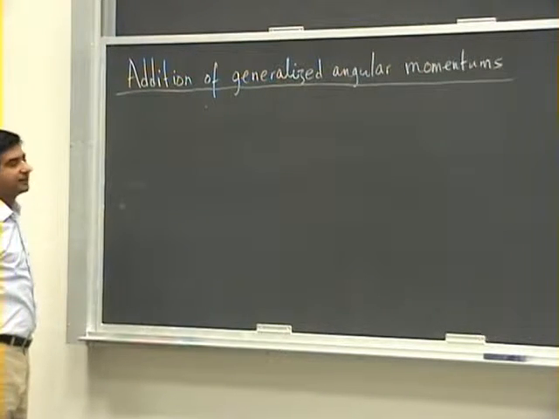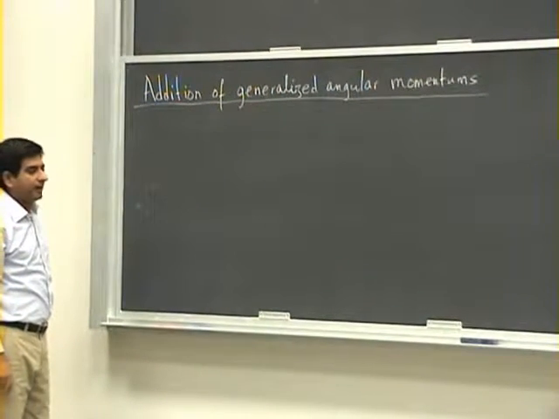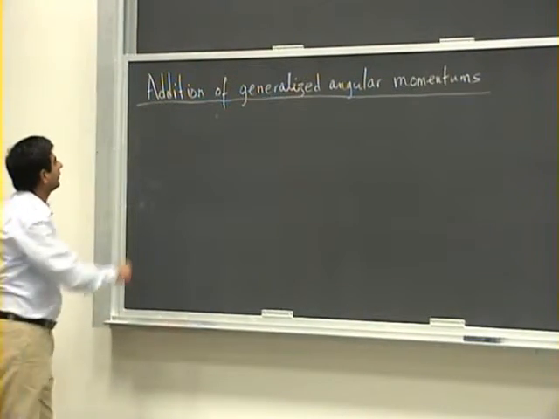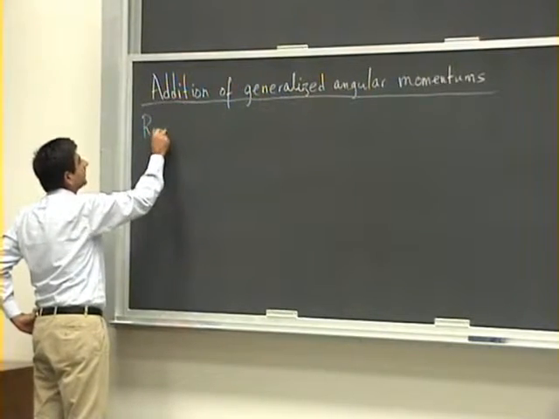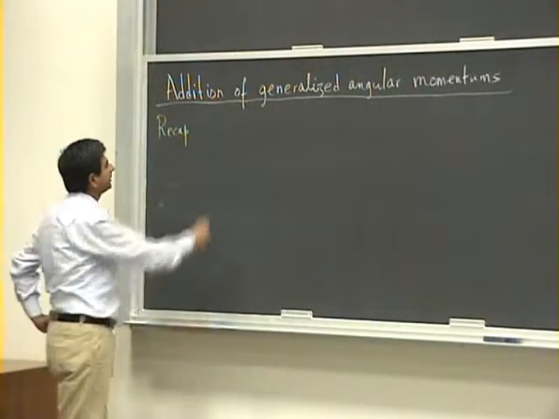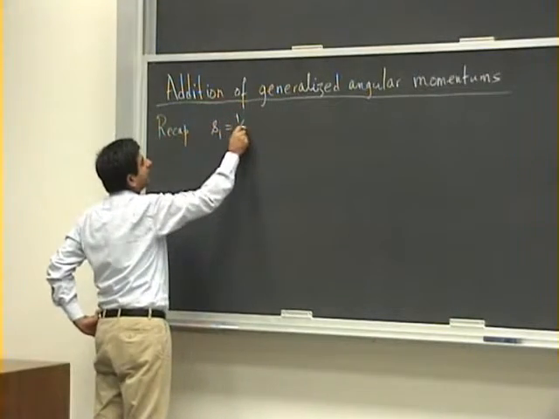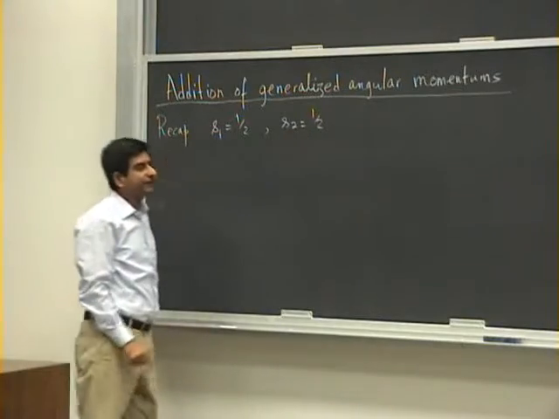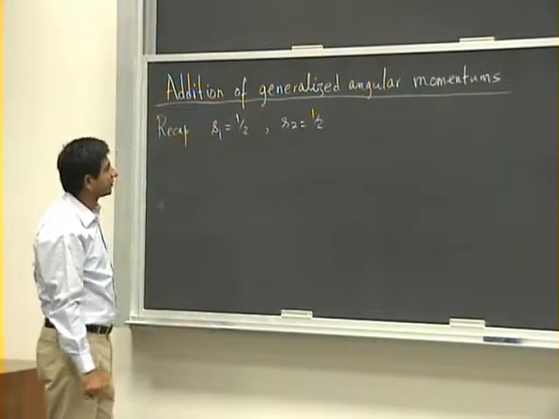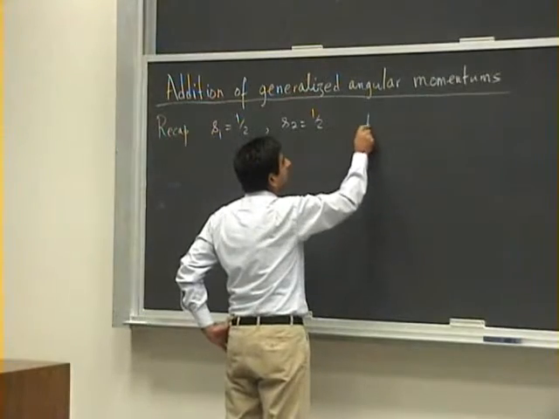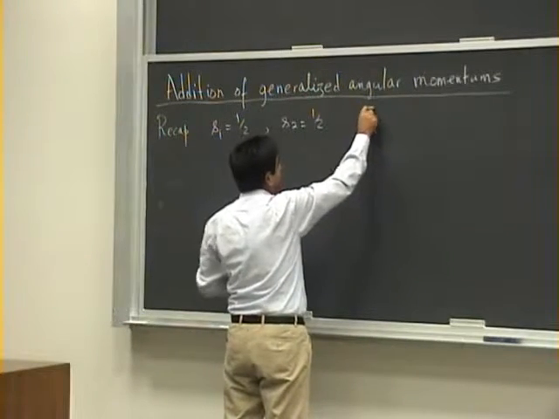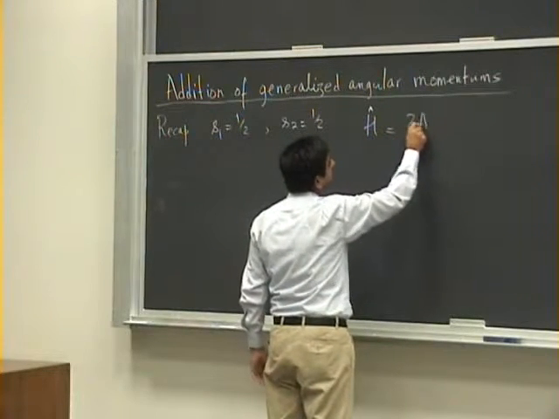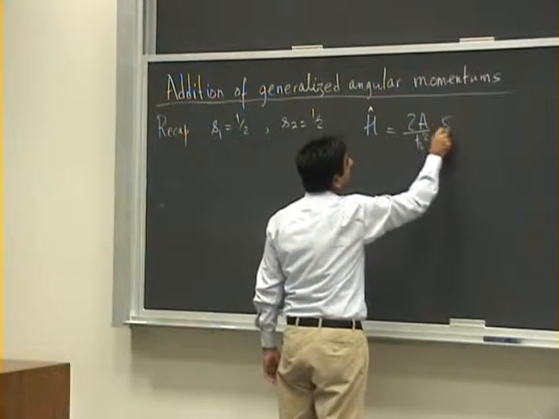What we've looked at previously is the addition of two spin half angular momentums. So, a quick recap. We have two spin half particles. This means that S1 equals 1/2 and S2 equals 1/2. And if these spins were interacting, this interaction could be described by a certain Hamiltonian, which we defined as 2a over h bar squared S1